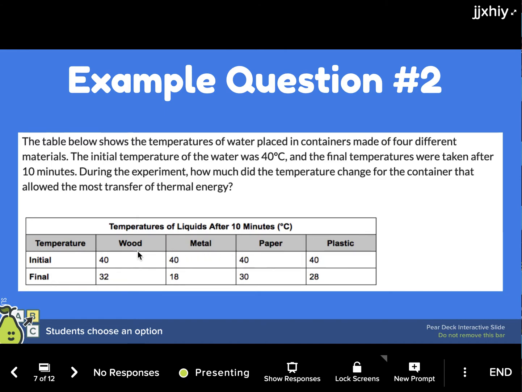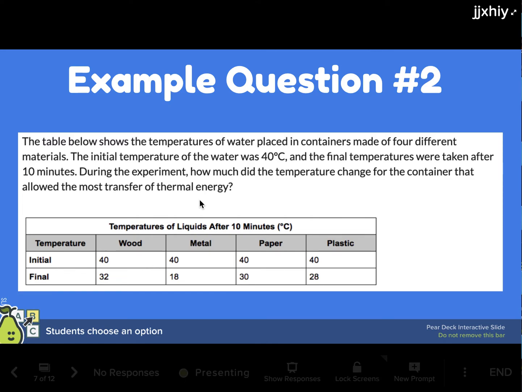After 10 minutes, the water in the wood container is 32 degrees Celsius. In the metal container, water is 18 degrees Celsius. In a paper container, the water is 30 degrees Celsius. And in the plastic container is 28 degrees Celsius. They ask which one allowed the most transfer of thermal energy, meaning which one lost the most amount